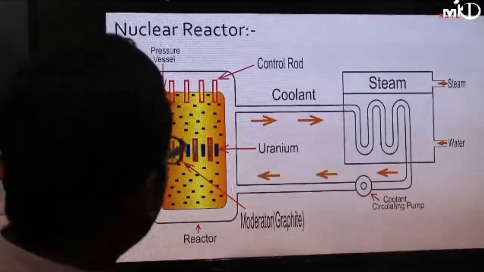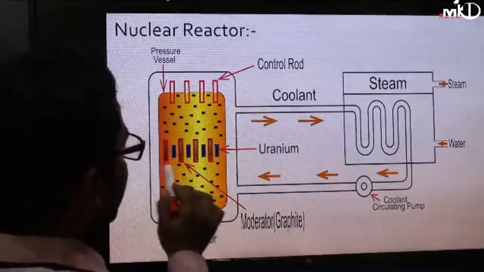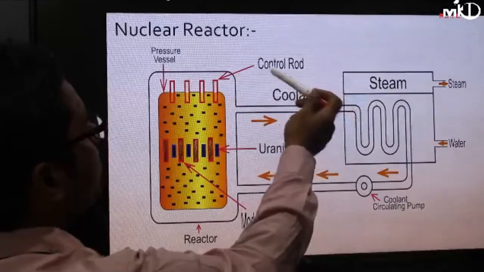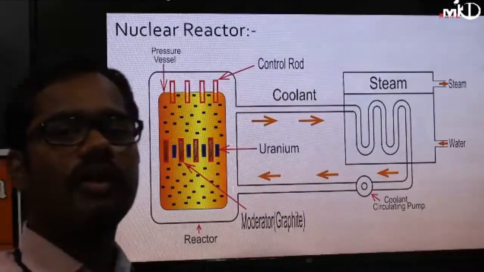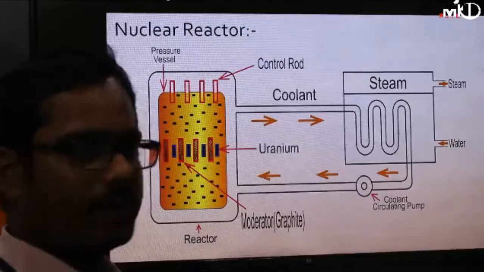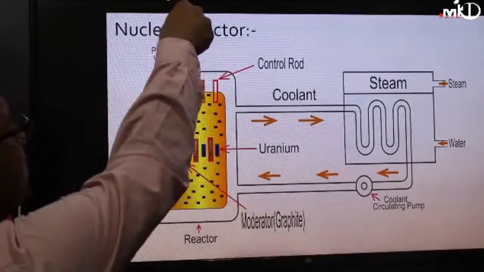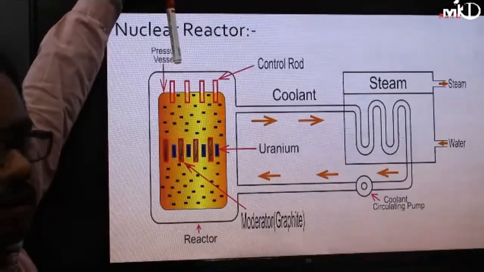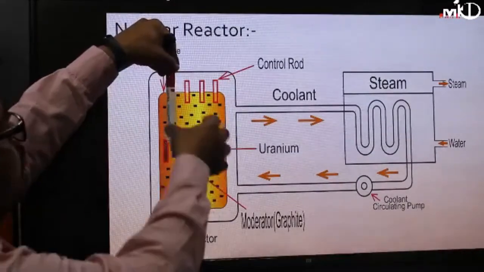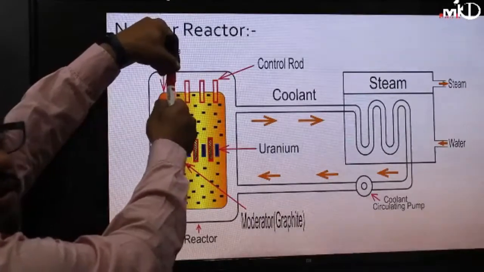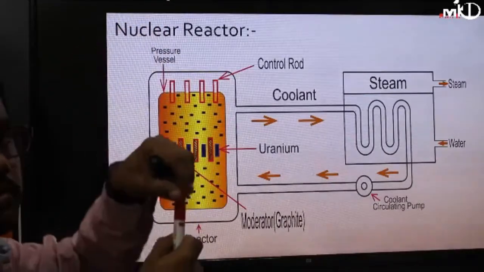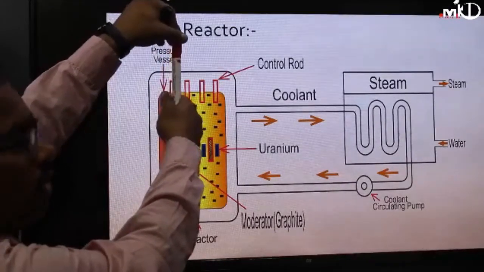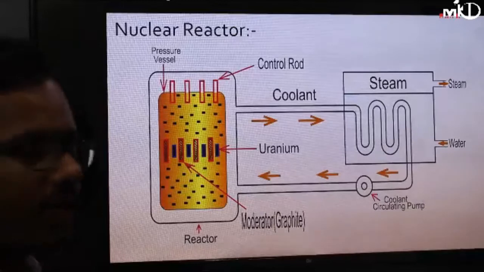So here, for better control, there is one thing that also slows down the process, and for slowing down again you are using the control rod. That control rod is of cadmium metal. Now you have to just push the rod and pop the rod. Whenever you are pushing the rod, it will capture the maximum number of nuclei, so the reaction slows down. Whenever you are popping the rod, the capturing of nuclei is less, so the reaction is fast.